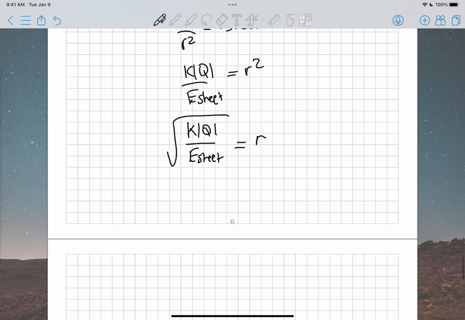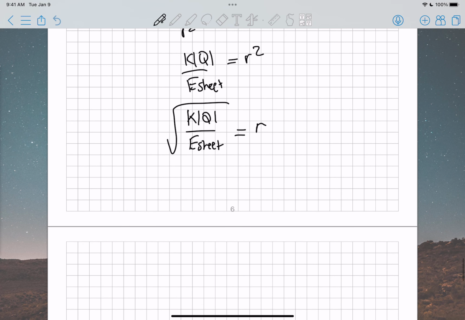K is your 9 times 10 to the 9. Q is your 2 times 10 to the negative 6, because that's 2 microcoulombs for that charge. And then E sheet should just be the answer that you get for the electric field of the sheet, right? So square root of 9 times 10 to the 9 times 2 times 10 to the negative 6, divided by, I mean, based on the answer key, we got 11 times 10 to the 6th, right? But they have it on the key as 1.13 times 10 to the 6th, so I don't know who to trust at this point. And that's your R distance away